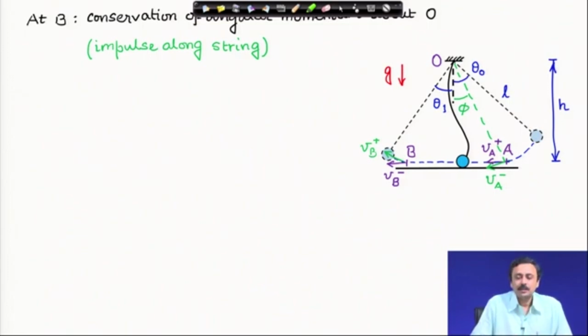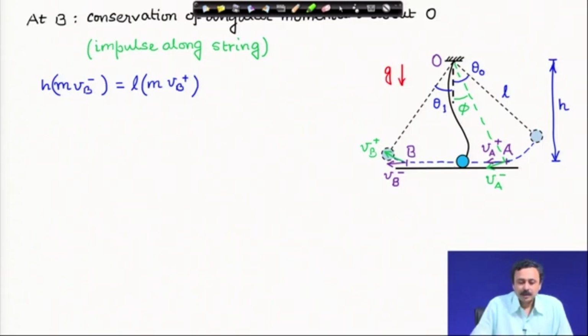which means what? The angular momentum, or the moment of linear momentum, of the bob about O must be conserved. Therefore, let us try to calculate the angular momentum about O. Just before the string gets taut, the angular momentum